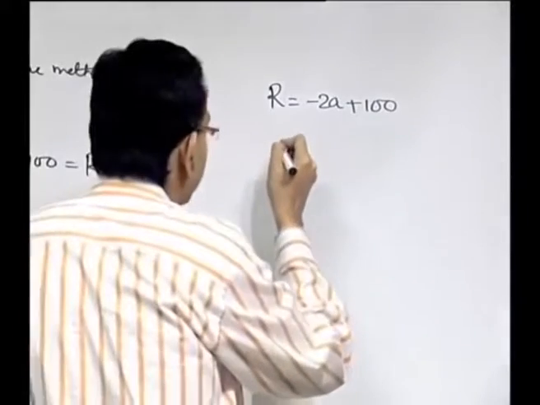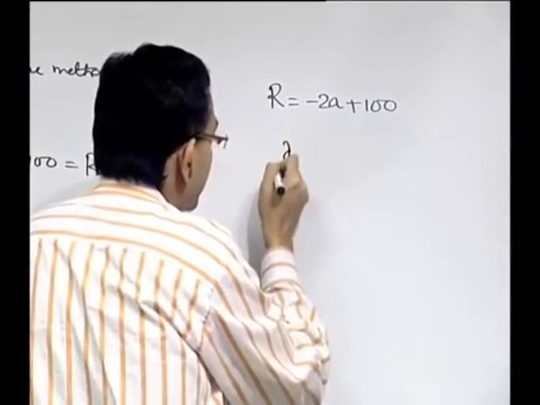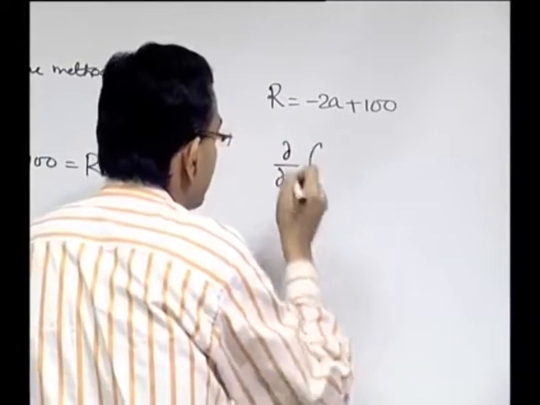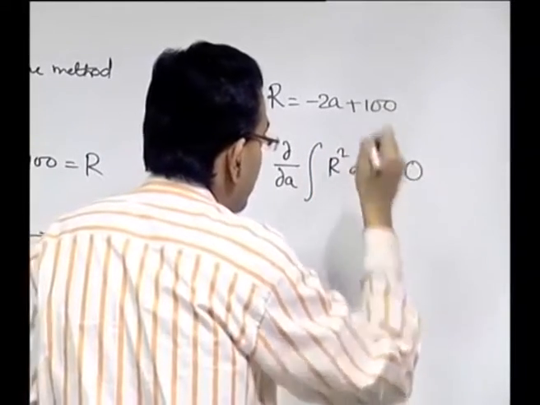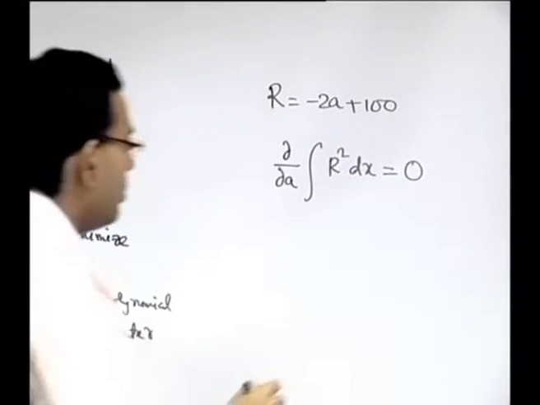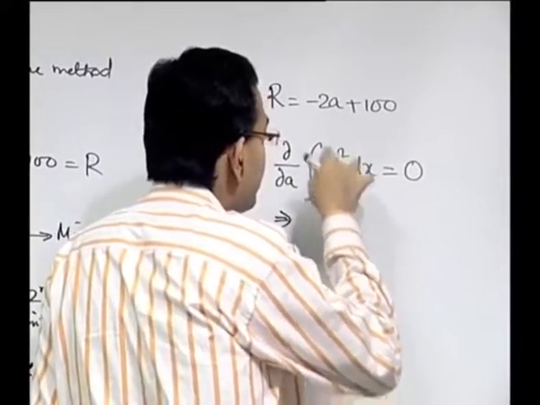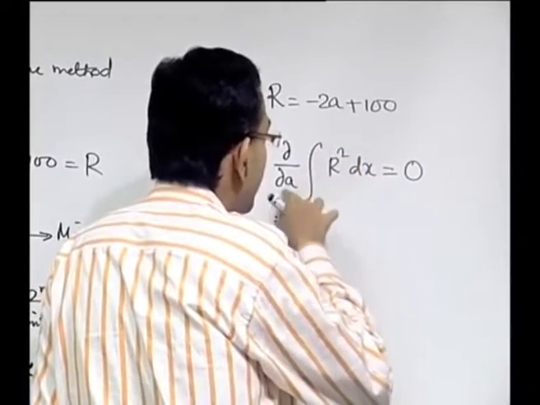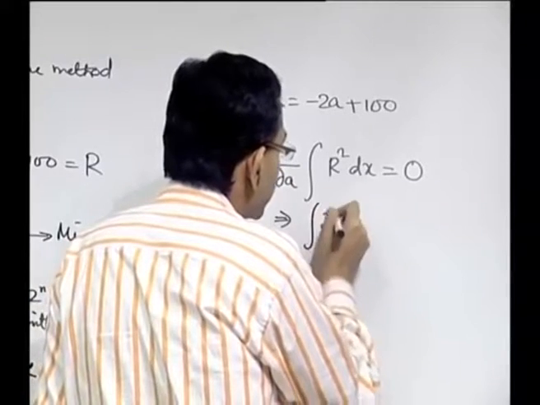Now, you have to minimize this one, integral of r square dx. That means you have only one parameter here, a. So if this needs to be minimized, then its derivative with respect to a is 0, because a is the only unknown parameter. So, you can take this derivative inside the integral, because the limits are functions of x which are not dependent on a. So, you can take this inside the integral and you can write this as 2r